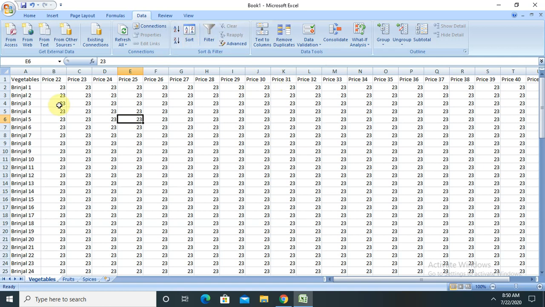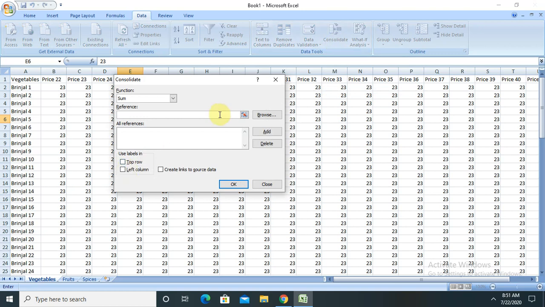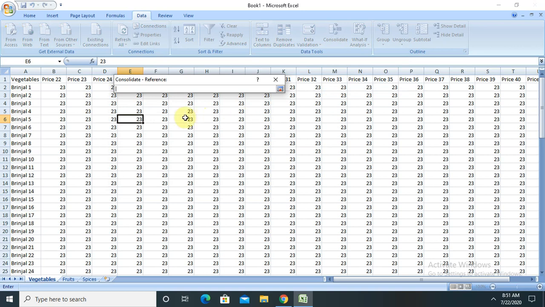So in the Data tab, the consolidate option is available here. When we click on this, it will ask for the reference. First select the function sum, and in the sum, click the reference box. Once you click on the reference box, you have to select these.